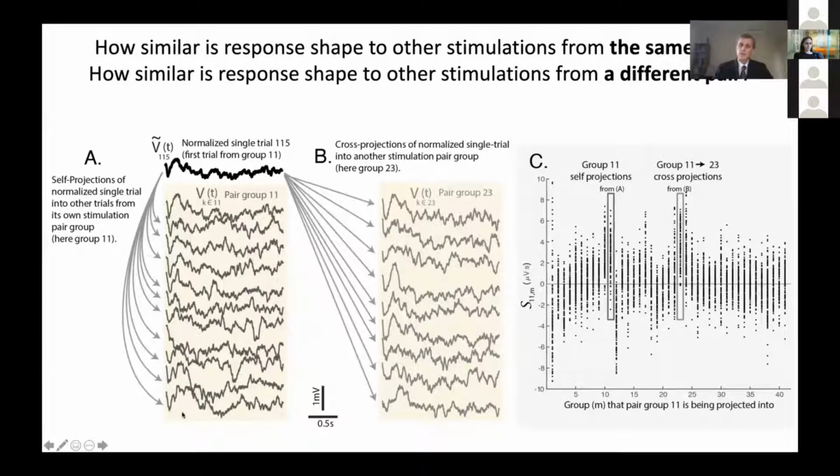But then we also take this group and we do something very similar by projecting it into the responses that were elicited from stimulations at another site. In this site, we say group 23. And each of these, you can see here, is significantly different from 0. And in fact, what we have is a set of these projections for every pair of groups, I apologize, cluster wasn't the right word. For every group of similar